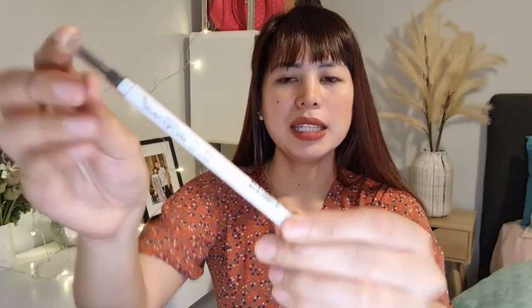I also have Face of Australia Brow Precision. I guess this one is, yep, an eyebrow pencil. So it has an eyebrow brush on the other end. And it is the brow powder. And the other side naman, it is the eyebrow pencil. And this shade is